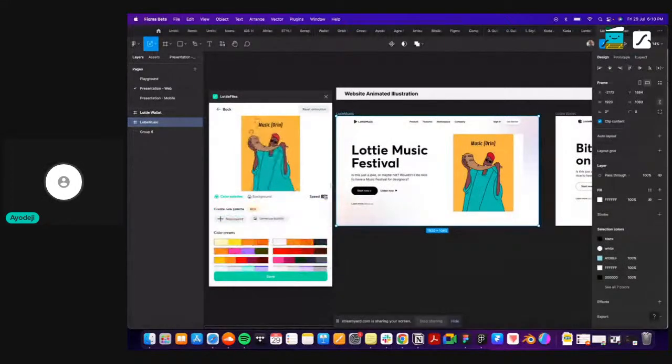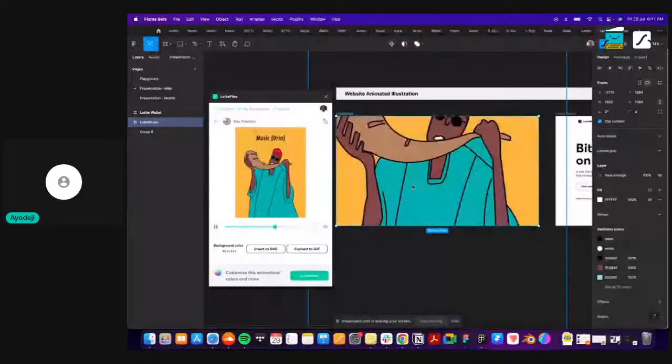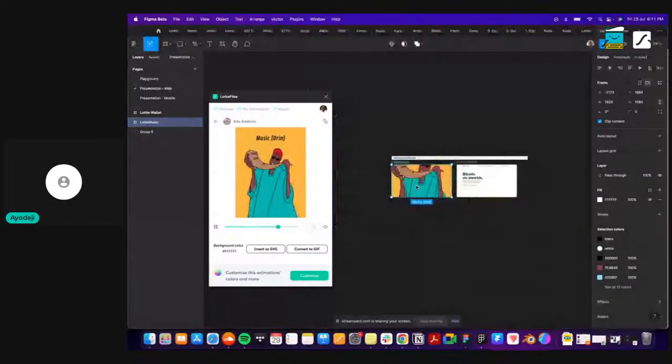You can change the speed. For example, maybe you want it to move a bit faster, you can change it, or you can go back to the original speed. Then you can change maybe the color. You can switch up the colors if you want something different. But if you want a bit more customization, you can first insert it as an SVG. Although it's a bit large, you can then